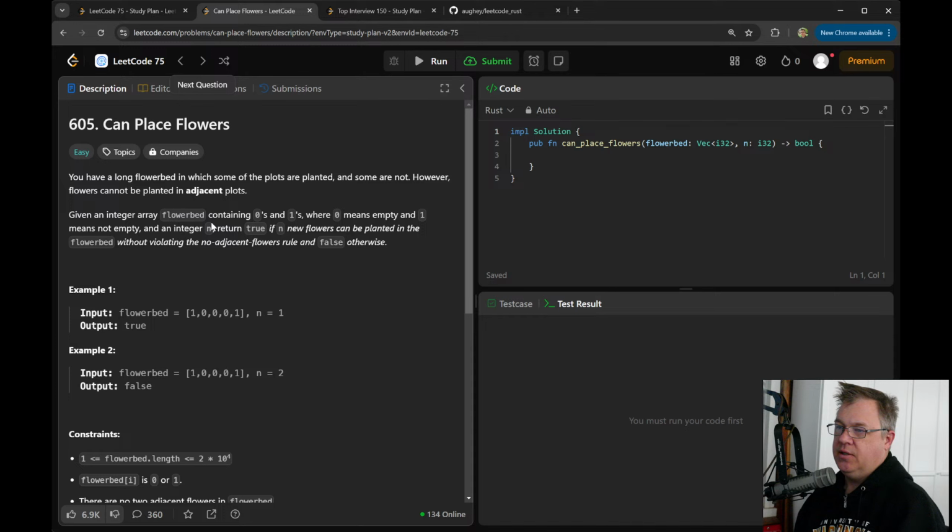And an integer n, return true if n new flowers could be planted in the flower bed without violating the adjacent no flower rule. Okay. What's the no flower rule? Flowers cannot be planted in adjacent plots.